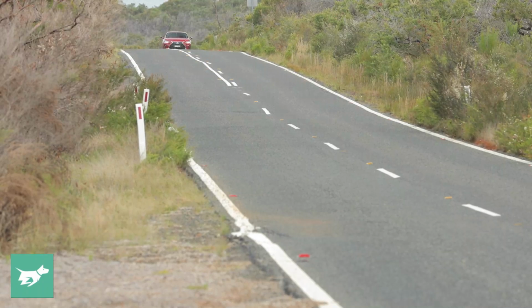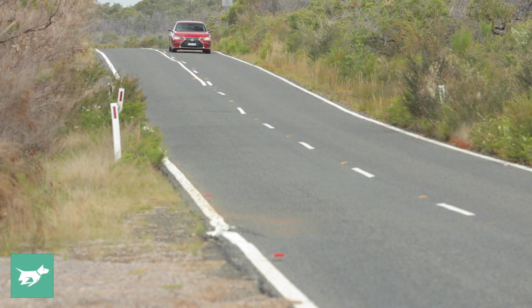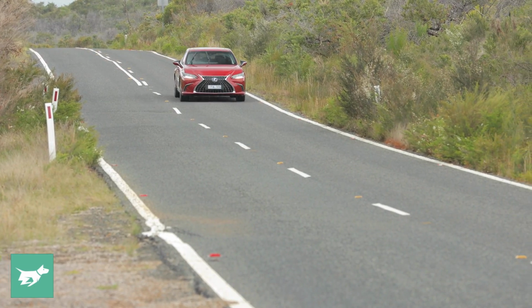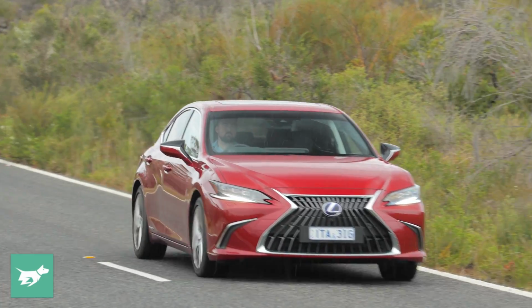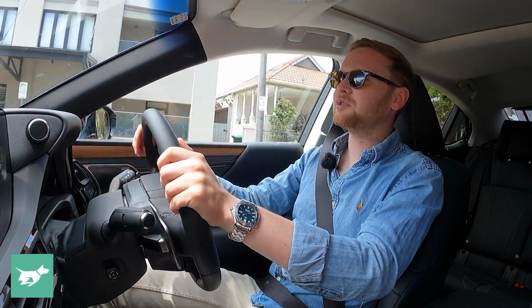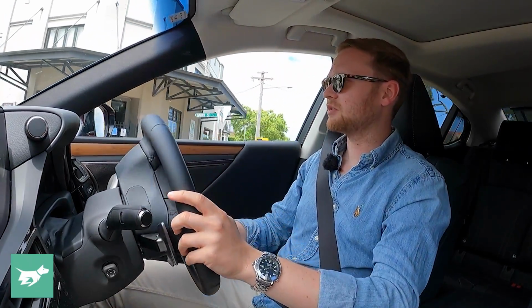So what's missing from this car? Well, no longer an entry-level petrol, because there is the non-hybrid ES250 that we're going to review separately soon, although my suspicion is that the hybrid will probably continue to be the real pick because it's so well sorted, but we'll see about that. You also can't get a V6, so the demise of the IS sedan, which had an